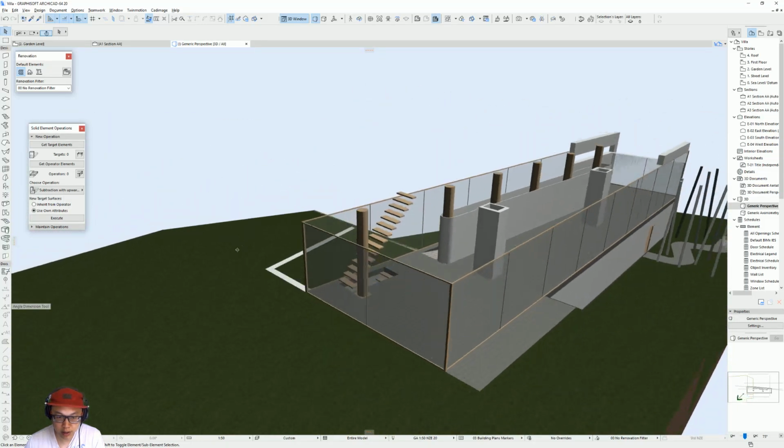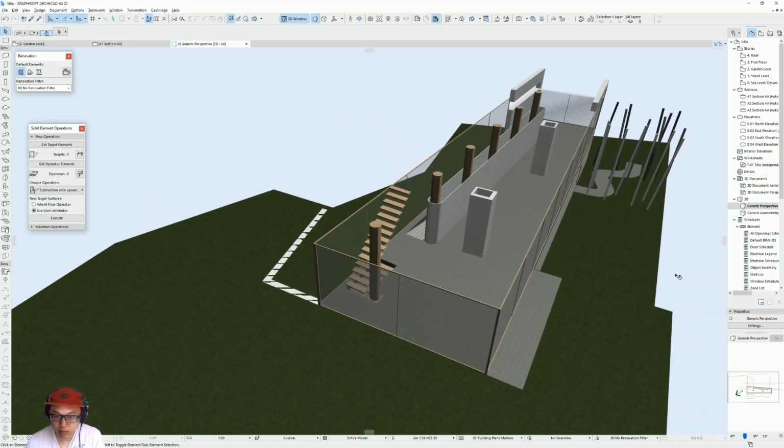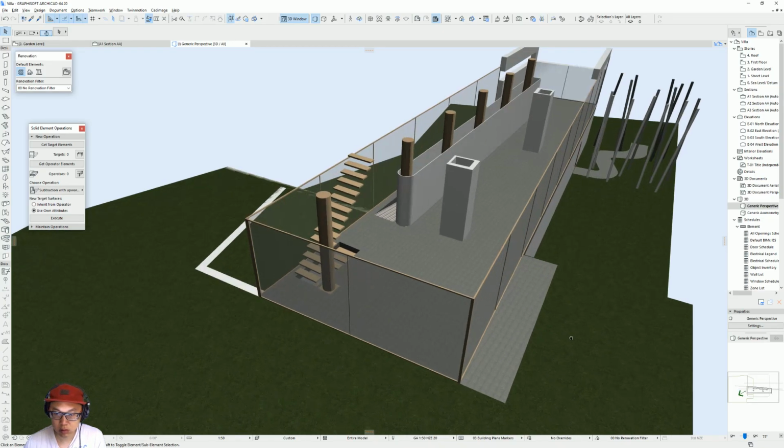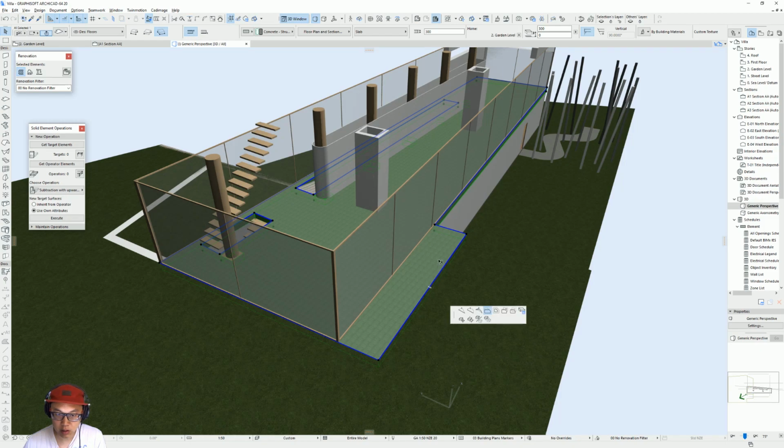So we get our staircase. I will need to add a stringer here after. And there's a hole there. Actually, this part is not covered,